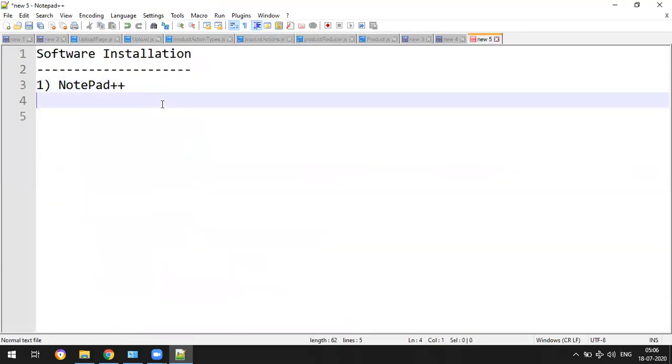After you install Notepad++, we are going to install an editor. This editor is software where you can write source code, develop a project and do coding. You have a choice here.